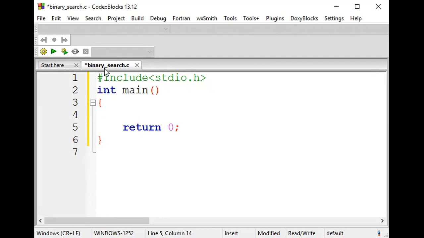Before using recursion, what's going to happen is your logic will be too long. Your code will not be in an optimized way. Is that clear? Shall we proceed? Okay, fine.